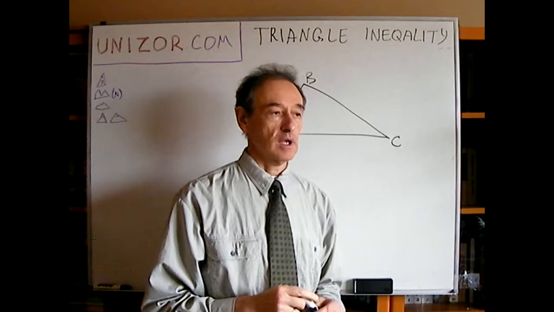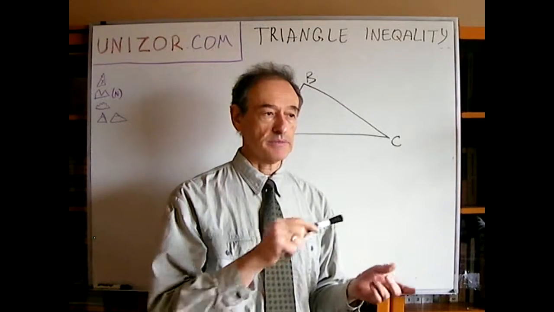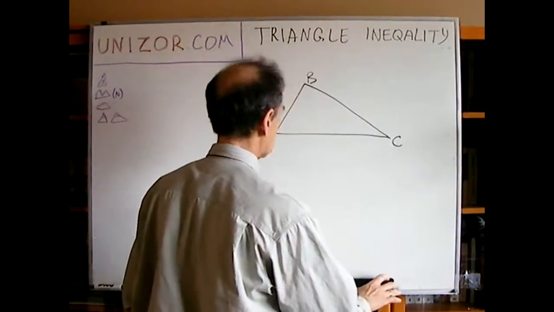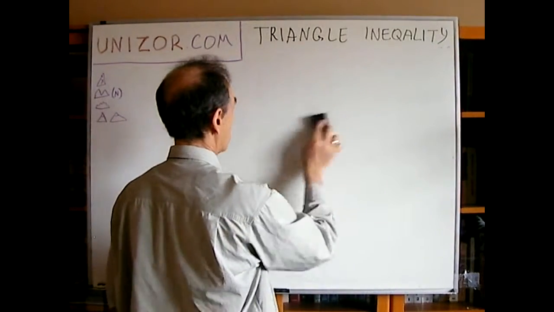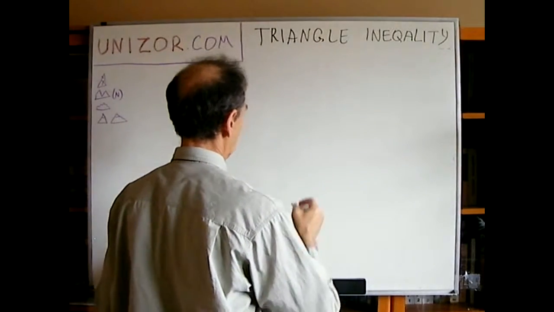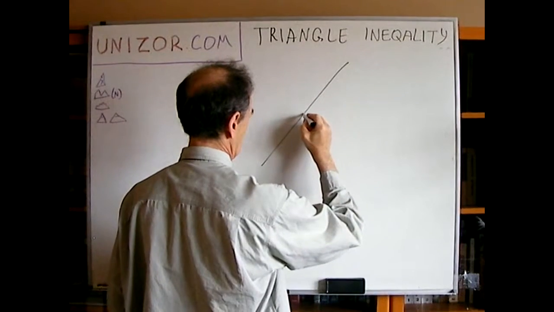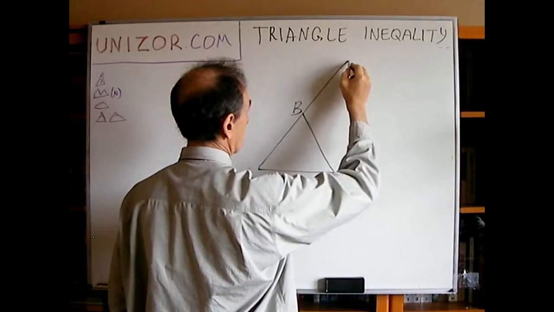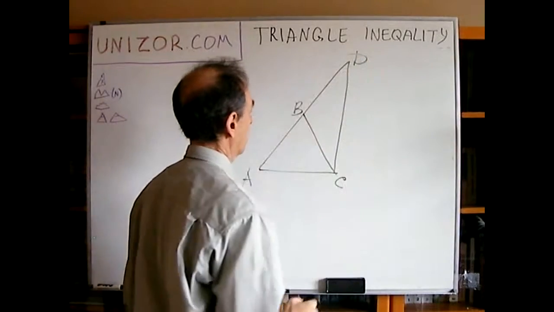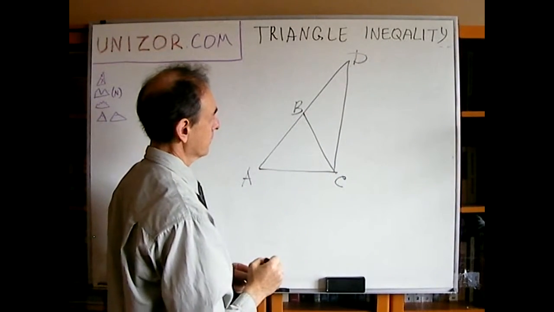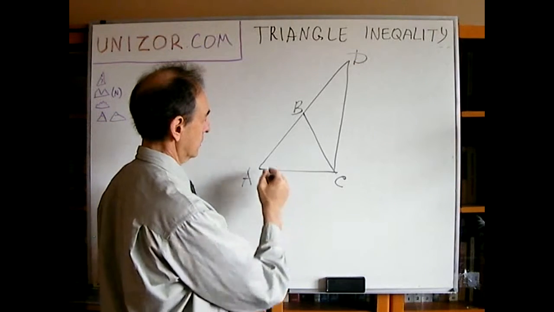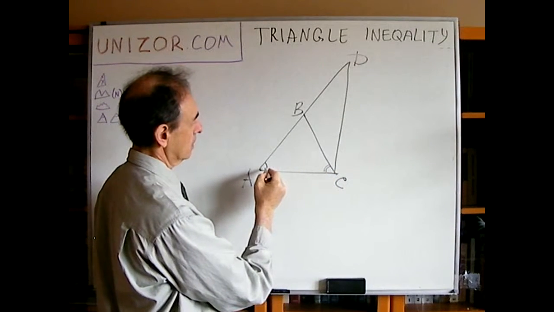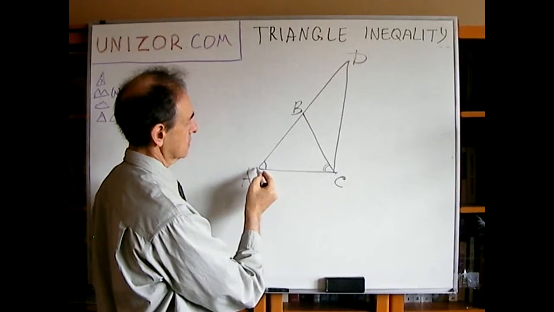I was talking about how, if in a triangle you have one angle greater than another angle, then the opposite side would be longer than the corresponding opposite side. So, let me just remind it here. Okay, here's our original triangle ABC. So what I'm saying is that if one angle, let's say this angle, is bigger than this angle, then the corresponding opposite side, this, will be bigger than